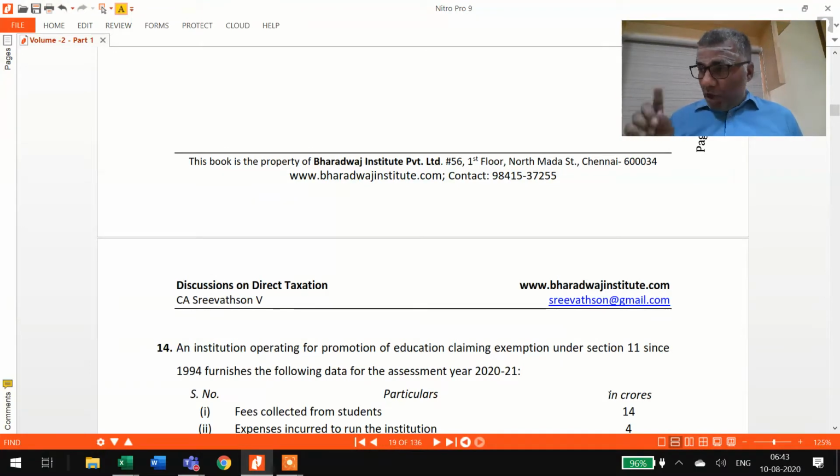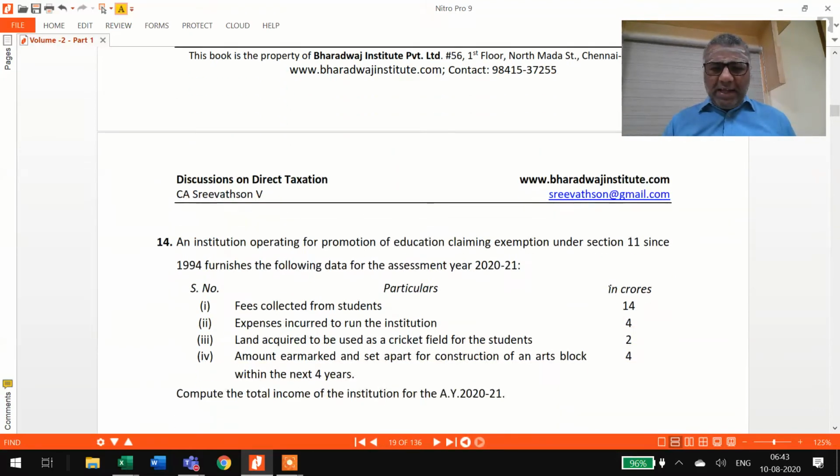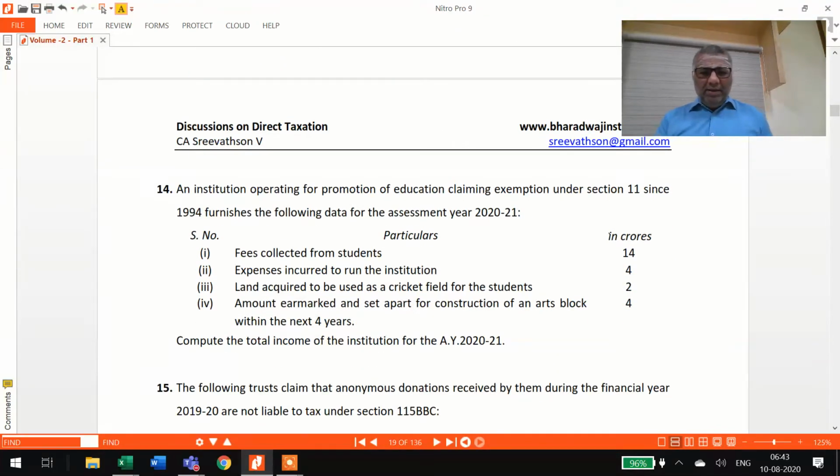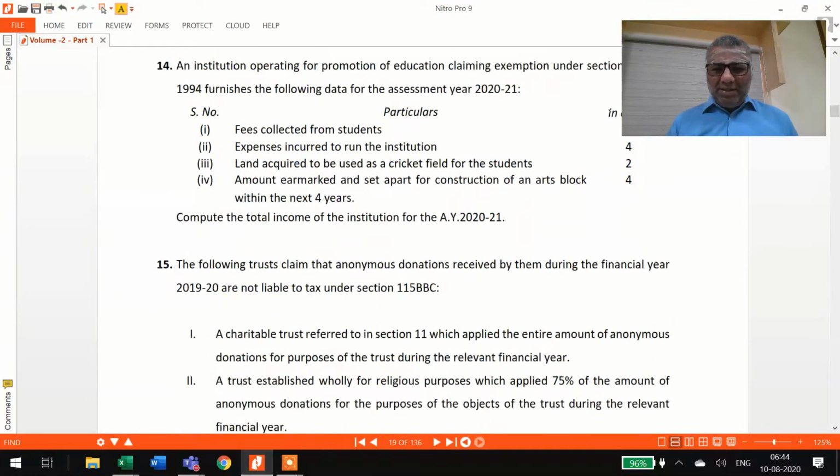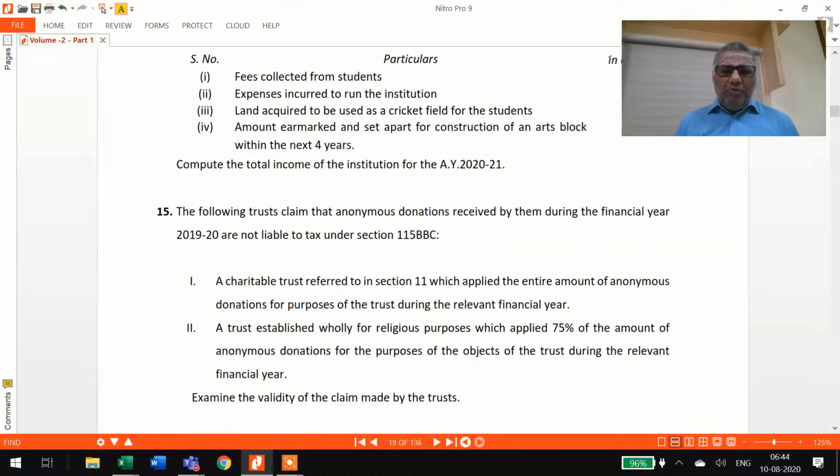If it is not falling under that 20% category, if it is not falling as medical, it is the object of general public utility. The word incidental, not incidental is not going to make a difference. They cannot do business. Incidental, ancillary does not make a difference. Okay, I'm leaving these small questions. It should be an old question. I have just ensured that it's there. So please leave that. 15th question.